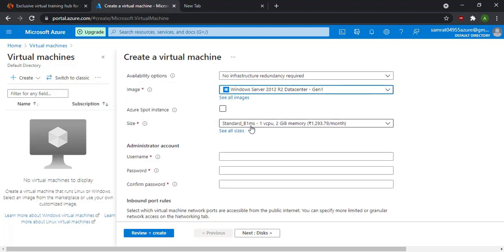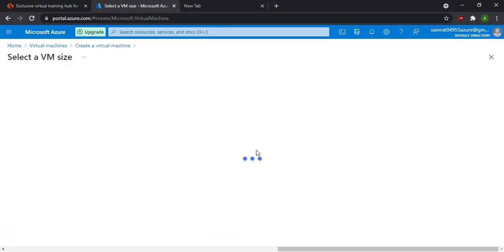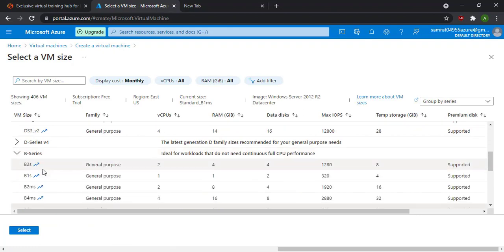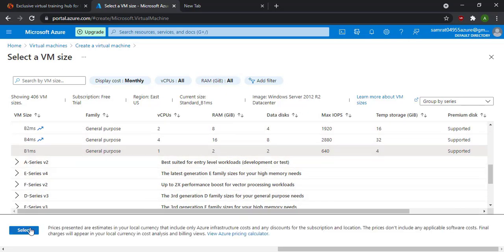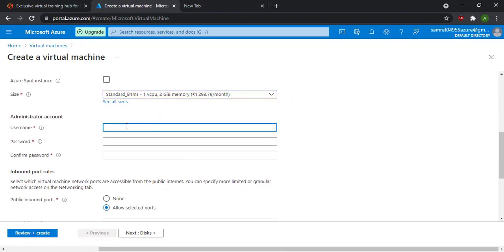For the size option, I will be using the standard B1ms version, 1 CPU, 2 GB of RAM. This costs me around 12.93 per month, or you can see all other sizes as of now. So I'll be using the B series, B1ms general purpose, 1 CPU, 2 GB of RAM, 2 data disks and all. I'll click on select, and after clicking on select I'll give my username as